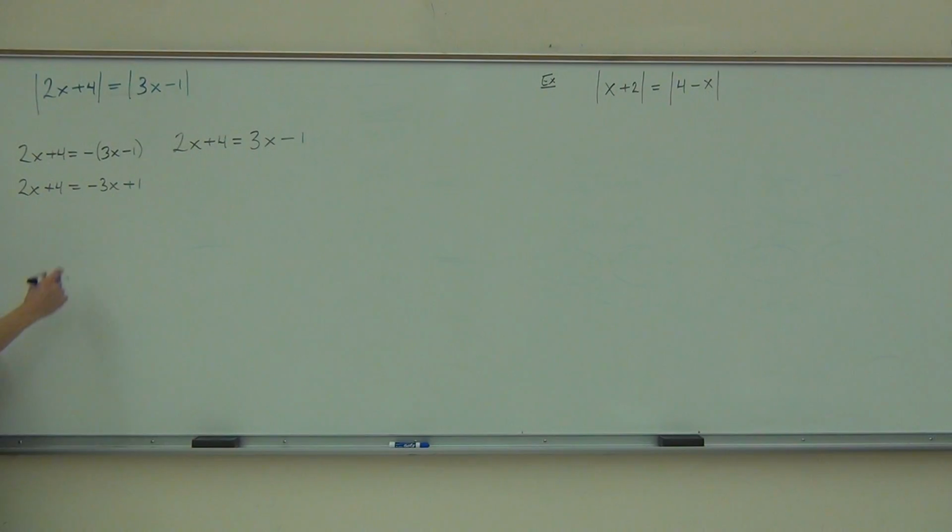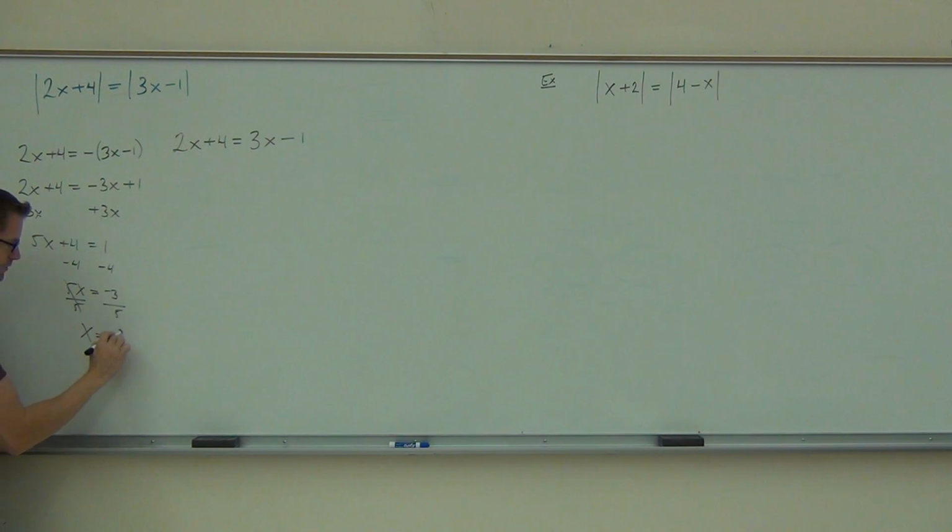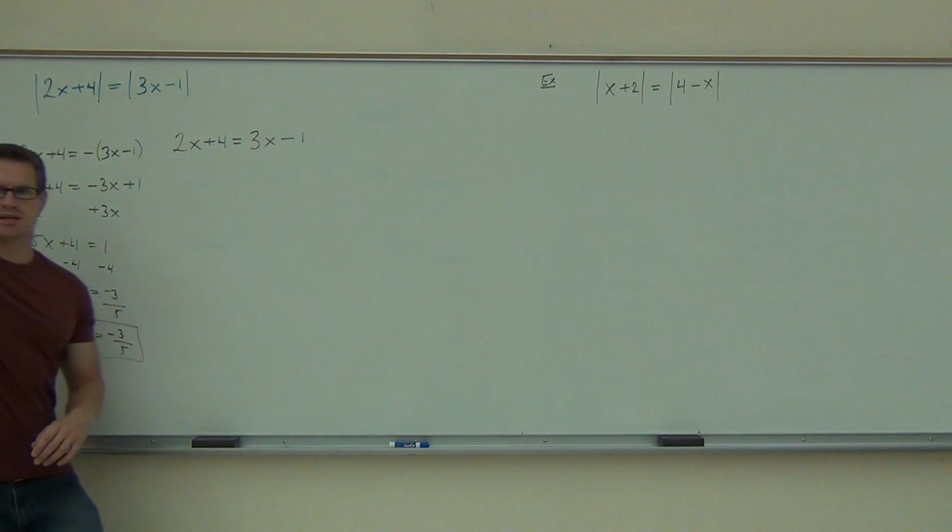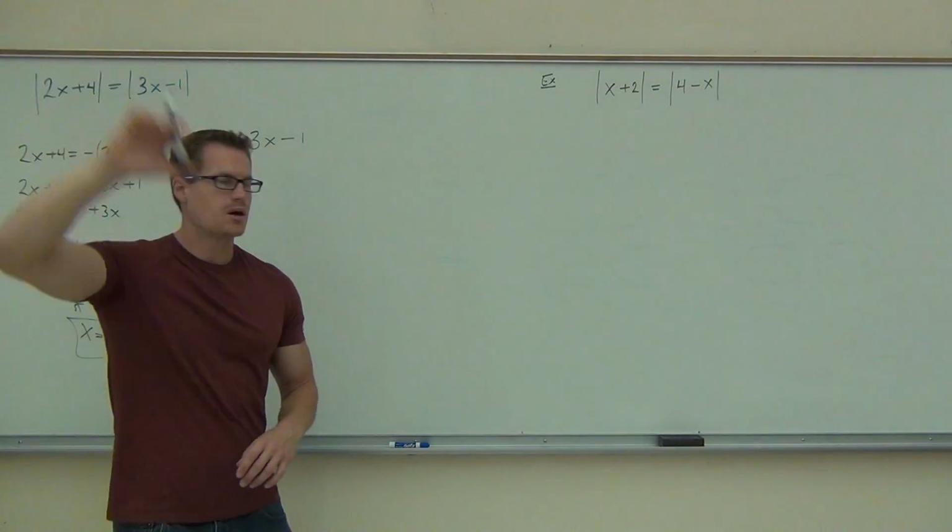Yes. Okay. We'll add 3x, because that's our smaller variable. We get rid of that first. We get 5x plus 4 equals 1. We subtract 4. We get 5x equals negative 3. We divide by 5, and we get x equals negative 3 fifths. Raise your hand if you got x equals negative 3 fifths. Okay. The other one,